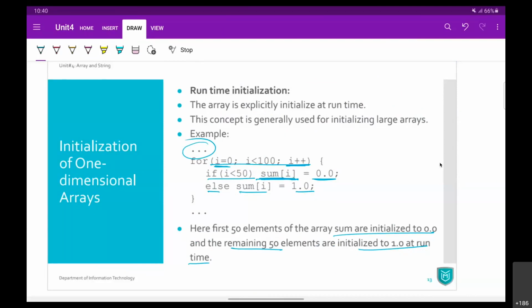Now let us implement a few programs which make use of a 1D array, a one-dimensional array. And we want to have a look at all these points that we have seen in theory. Once we understand declaration and initialization, we will see one or two more programs making use of arrays.